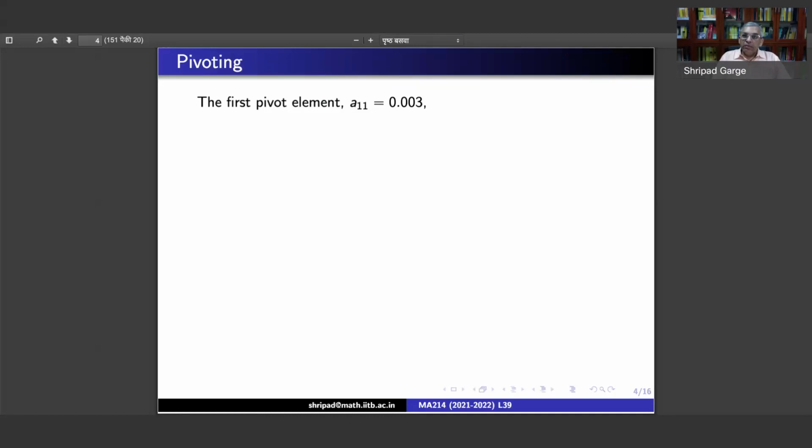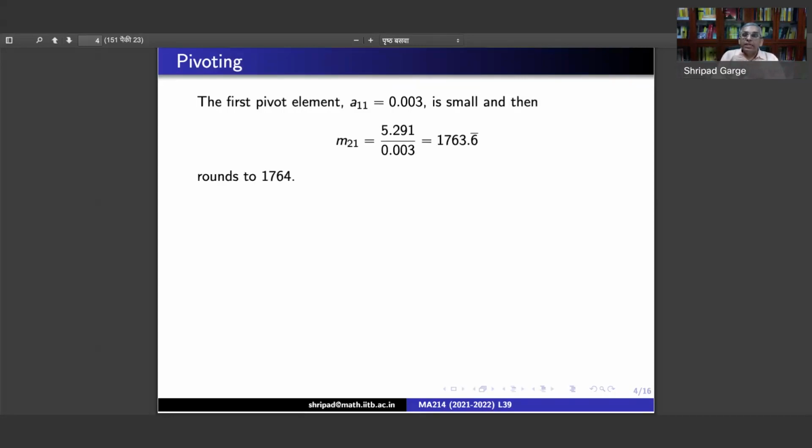The first pivot element is small, and then M21, which is obtained by 5.291 upon this 0.003, is 1763.66666. So when you use the 4-digit rounding method, you will get 1764. Okay, and this is our M21 rounded, and now we have to perform this operation: